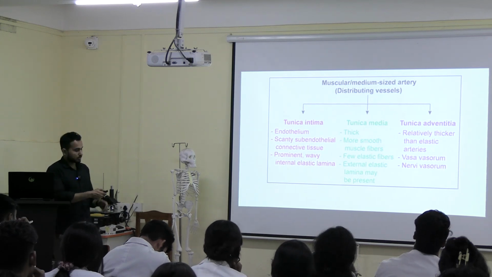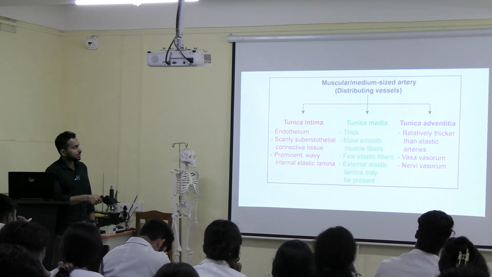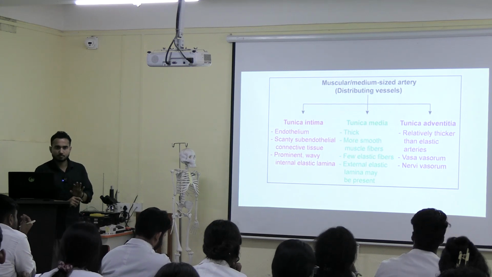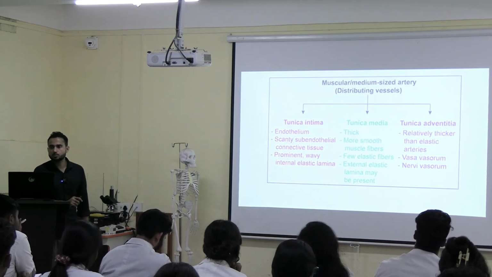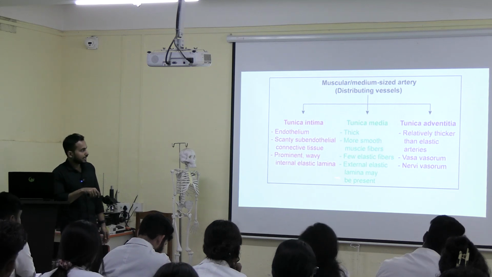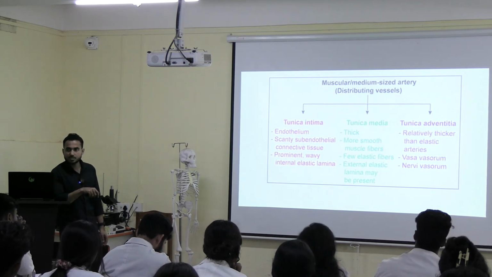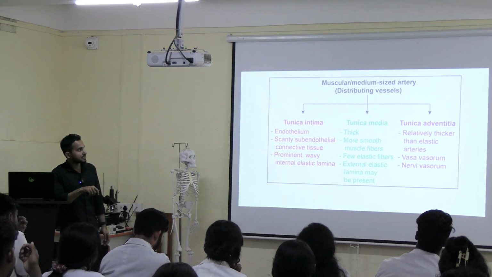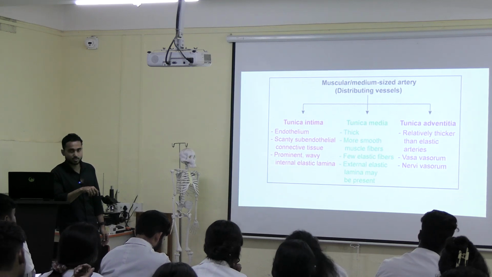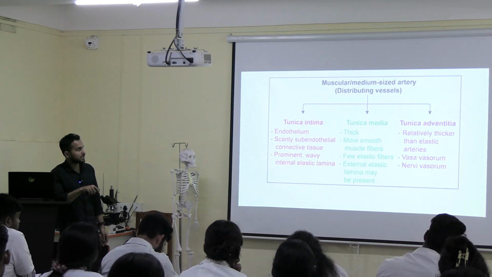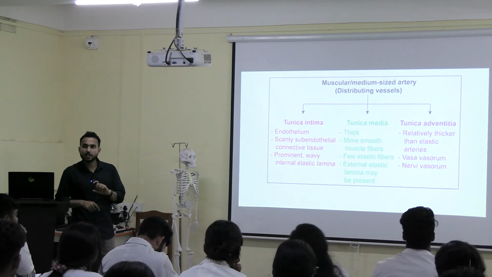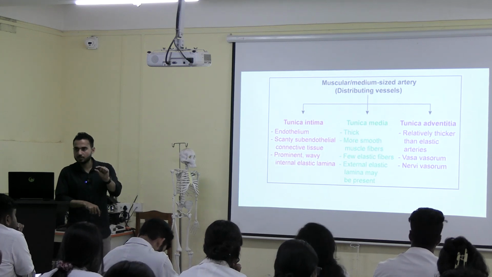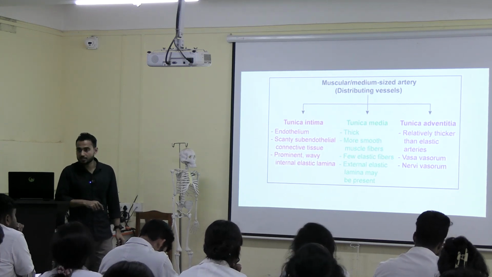Next, if you go to the tunica media, it is thick. More smooth muscles are there as compared to the elastic fibers. Elastic fibers are present, but the quantity is less as compared to the smooth muscle fibers. Next, external elastic lamina may be present, means it is present but it is not prominent in this case. Next, tunica adventitia is relatively thicker than in the elastic arteries. Here the tunica adventitia is relatively thick if you compare with the elastic artery. In elastic artery we have seen tunica adventitia is very thin, but here it is thicker as compared to the